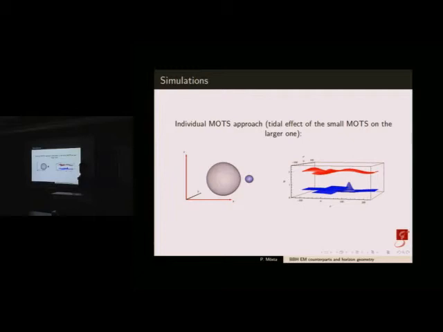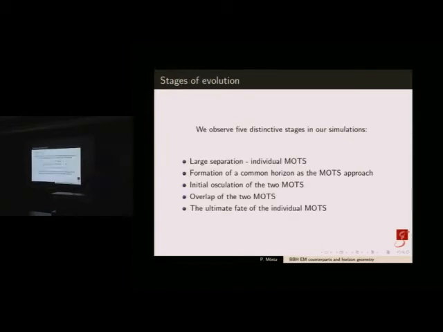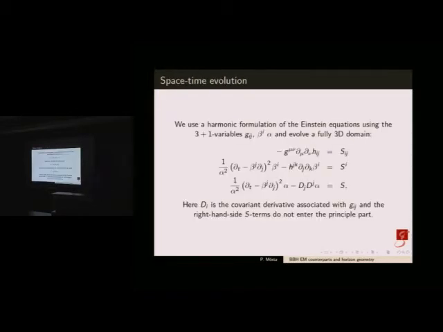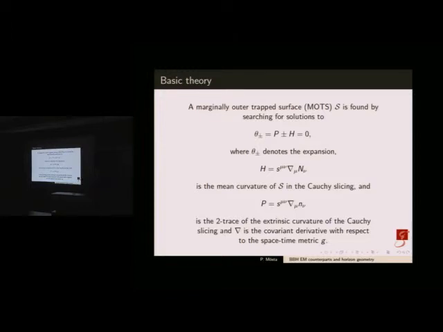Exactly. So if we go back here, H is the mean curvature of S embedded in the Cauchy slicing. And this P quantity here actually is the same for both since they're both embedded in the same slicing. So the only thing that can actually be different is the H. And H is independent